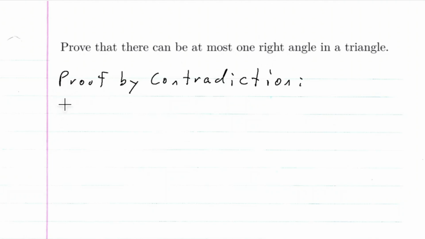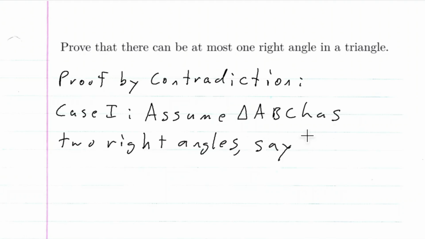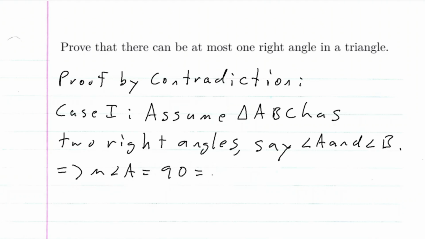So case one, we're going to assume just some triangle ABC has two right angles, say angle A and angle B. So this implies that the measure of angle A is equal to 90, and that's also equal to the measure